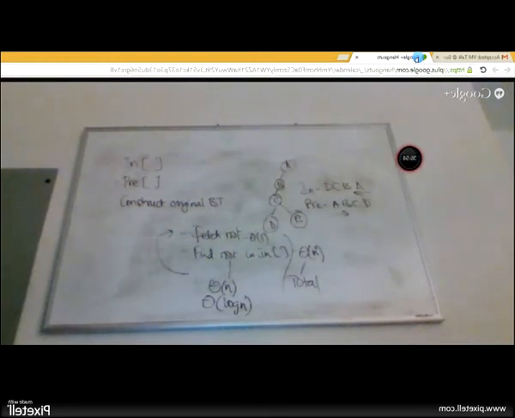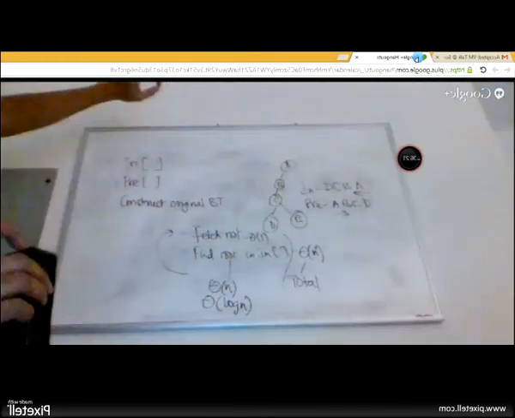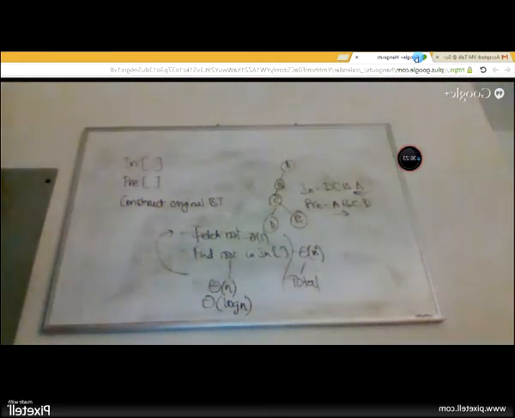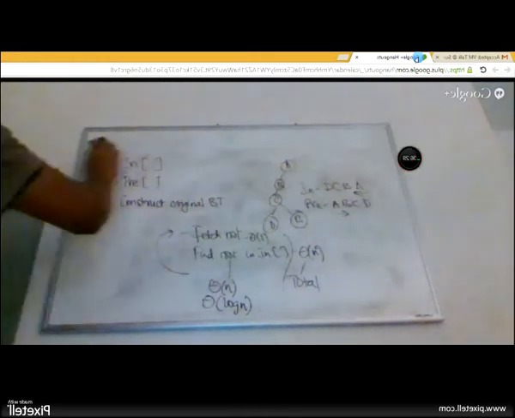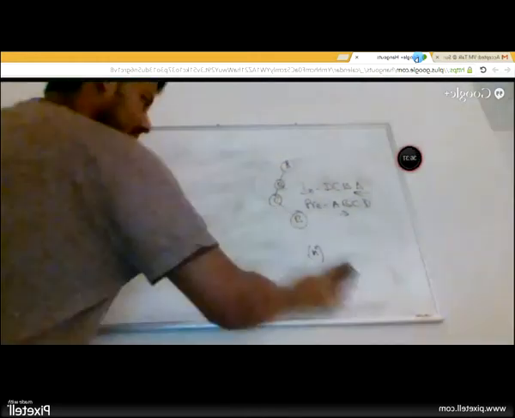But there are ways you can still tweak binary search to give you a log n time complexity, but those are more mutated versions of binary search, and we'll come to that when we talk about searching. That is an important thing that you need to keep in mind. If someone asks you this question, it appears seemingly simple, but there's a lot of other things that you need to think about. But the strategy that you guys talked about was correct. You look at pre-order, find out its index in in-order, elements to the left constitute the left subtree, elements to the right constitute the right subtree, and you go over this again and again. That was an easy one.